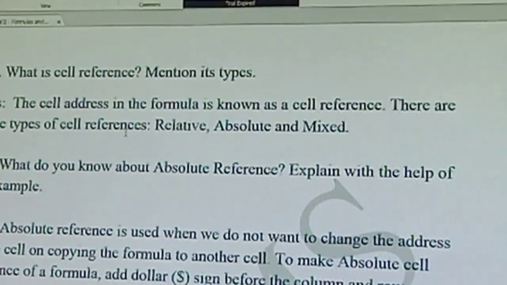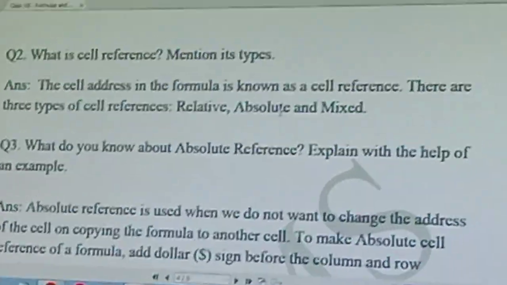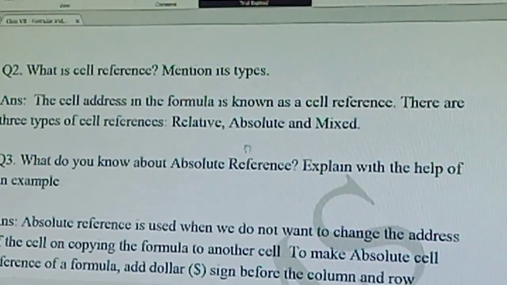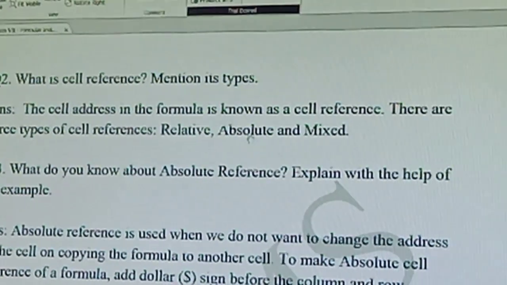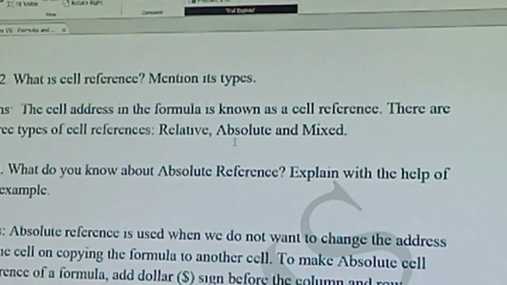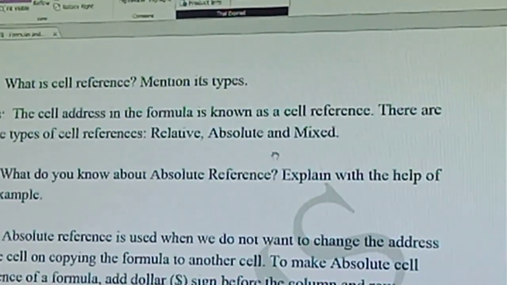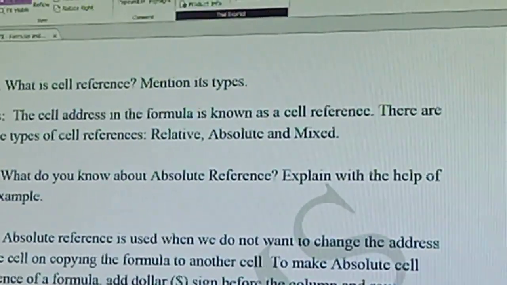Now what is cell reference? Mention its types. The cell address in the formula is known as cell reference. There are three types of cell reference, that is relative, absolute and mixed. Now absolute, whatever the data contents will be there, that will be fixed with a dollar sign. That means the column and the row will contain the dollar sign. Whereas mixed referencing is a combination of absolute and relative.